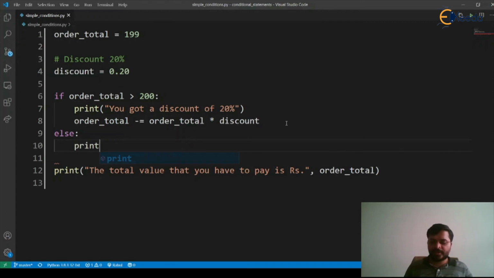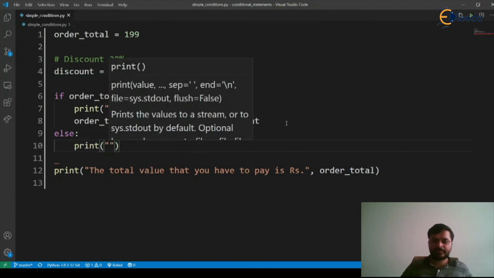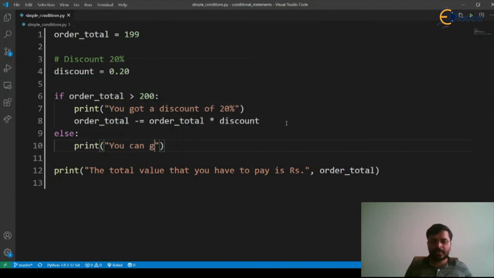So let's print: you can get a discount of 20% if your order total is more than 200.